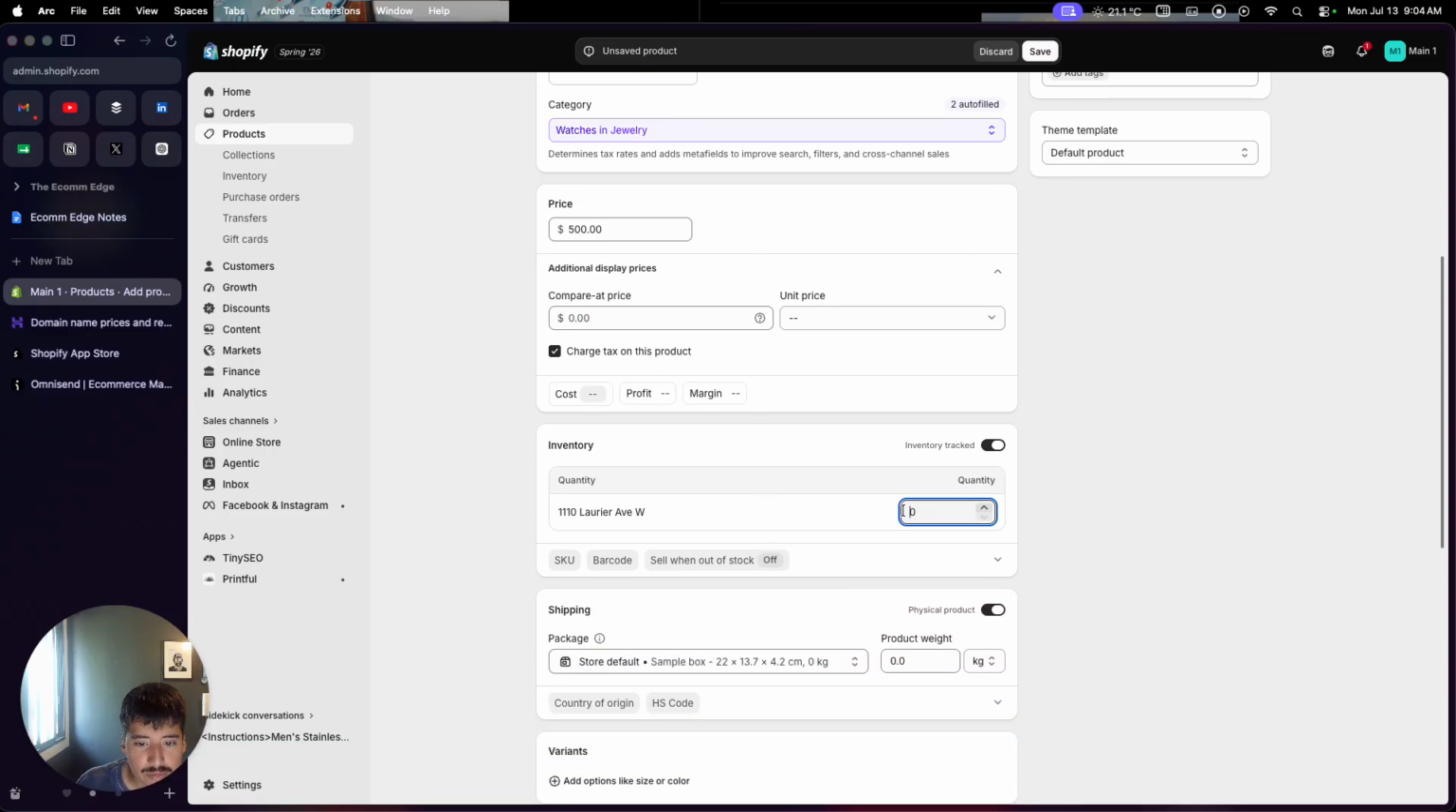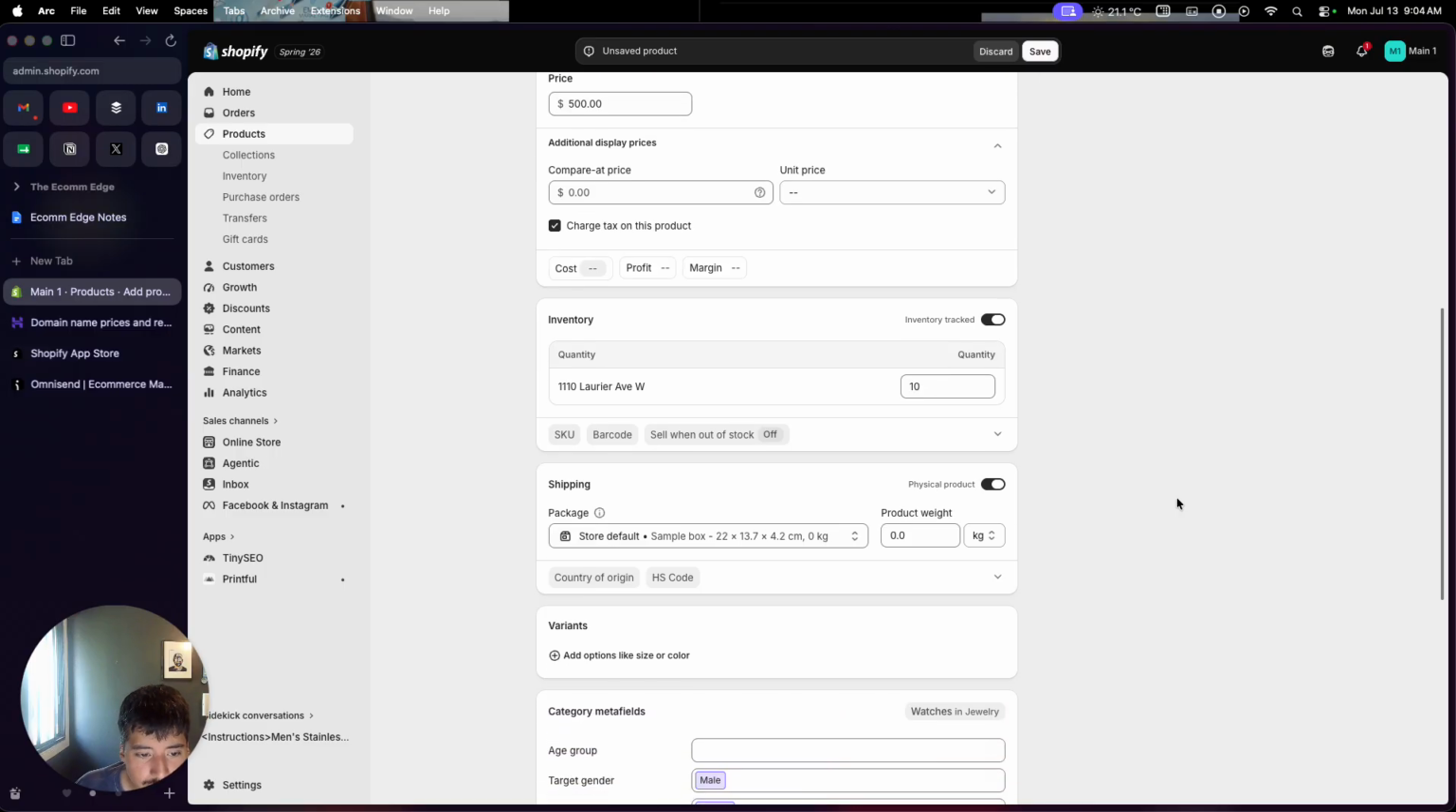From here, you want to make sure you input the correct inventory count. So we're going to just put 10 for now. And then we're going to do shipping here. Make sure you have your shipping set up properly, because you want to make sure your customer is charged correctly. So enter the correct weight of the product and the packaging that you'll be shipping the product in as